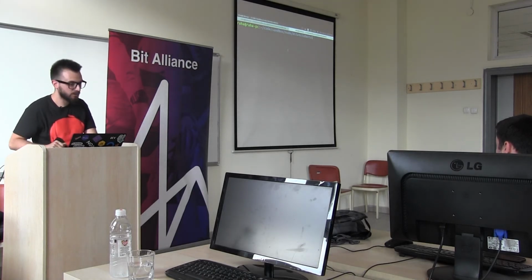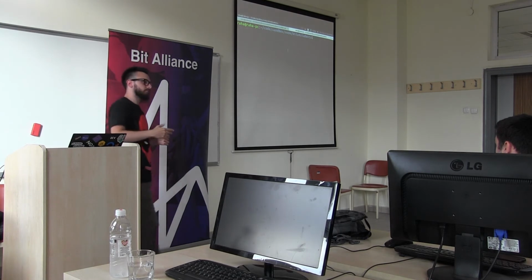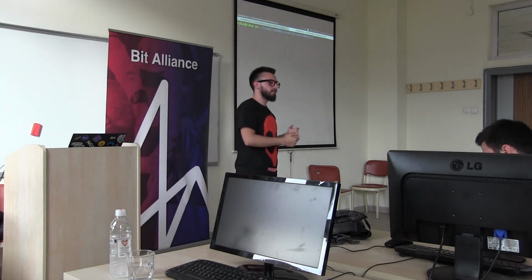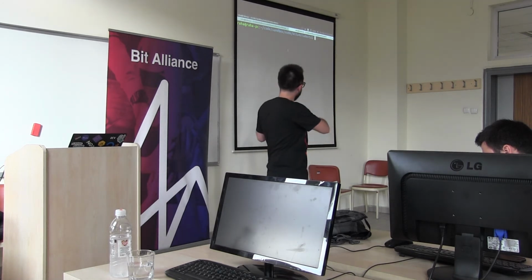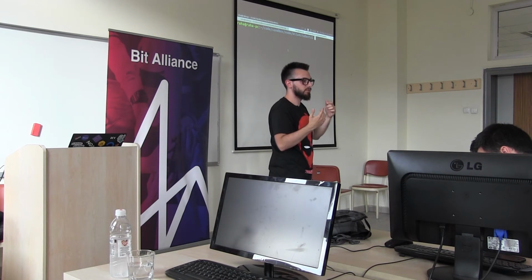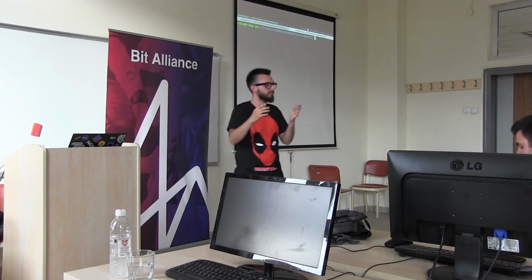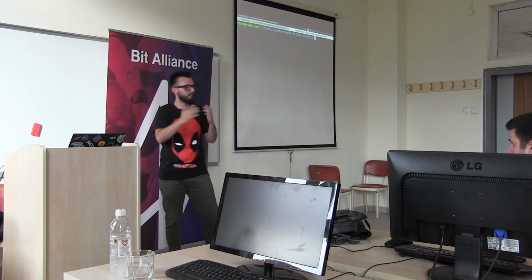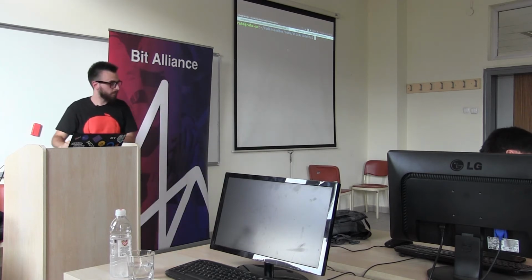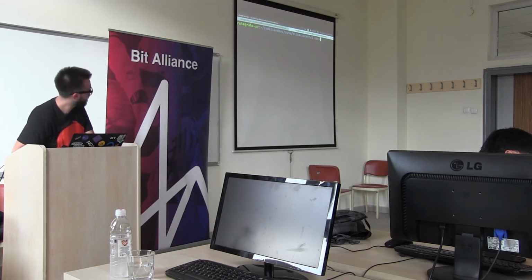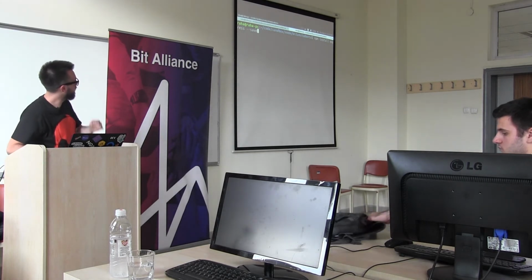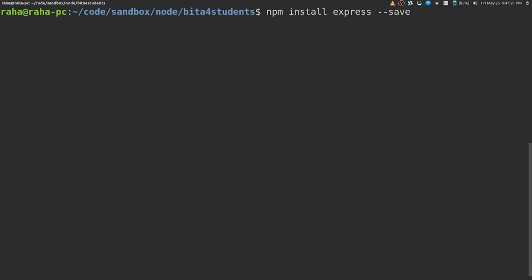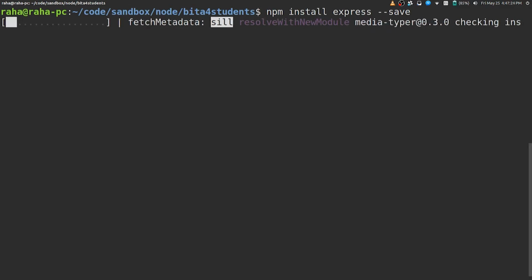And here in the terminal now, we want to install a module. Meaning we want to install a module that's going to make our lives much easier for development, because it gives us the opportunity to create routes and create everything we need in our app very simply. It makes it very simple. So if we just go ahead and run npm install express --save, like this, this will grab a module called express,